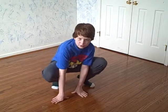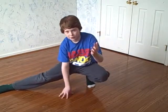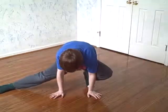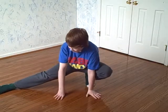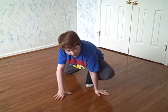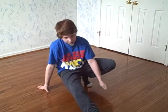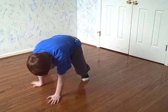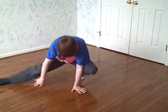So to start with coffee grinder, really stick your right leg out, left hand inside your knee, keep it like that, and be on your toes right here, don't be flat-footed. And then place this hand here, so you'll pull back, swing it forward, move this hand over, so you're like this, and then you just jump over it, swing it back around, keep doing that, keep your momentum going,